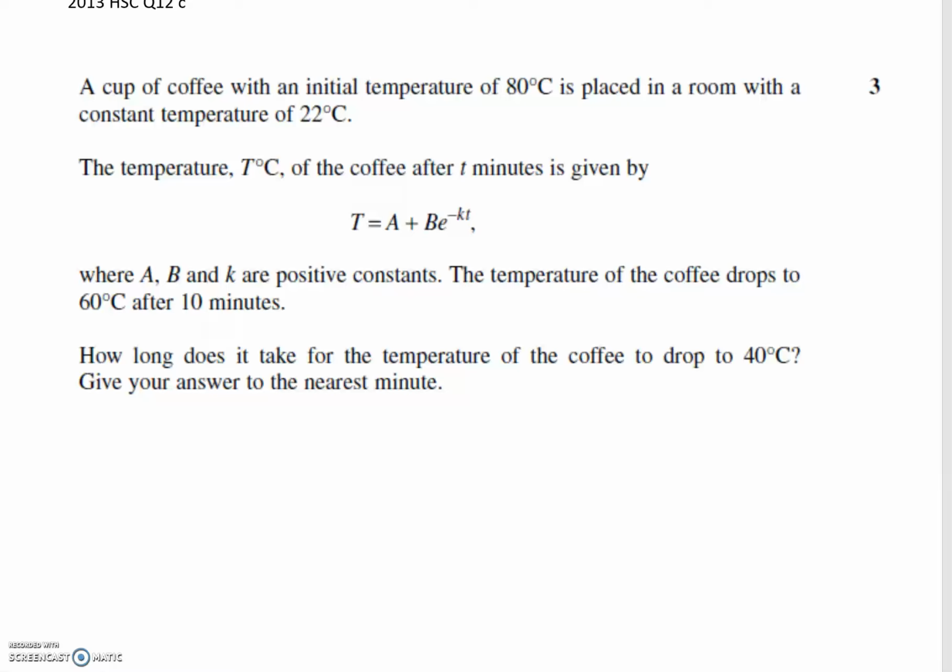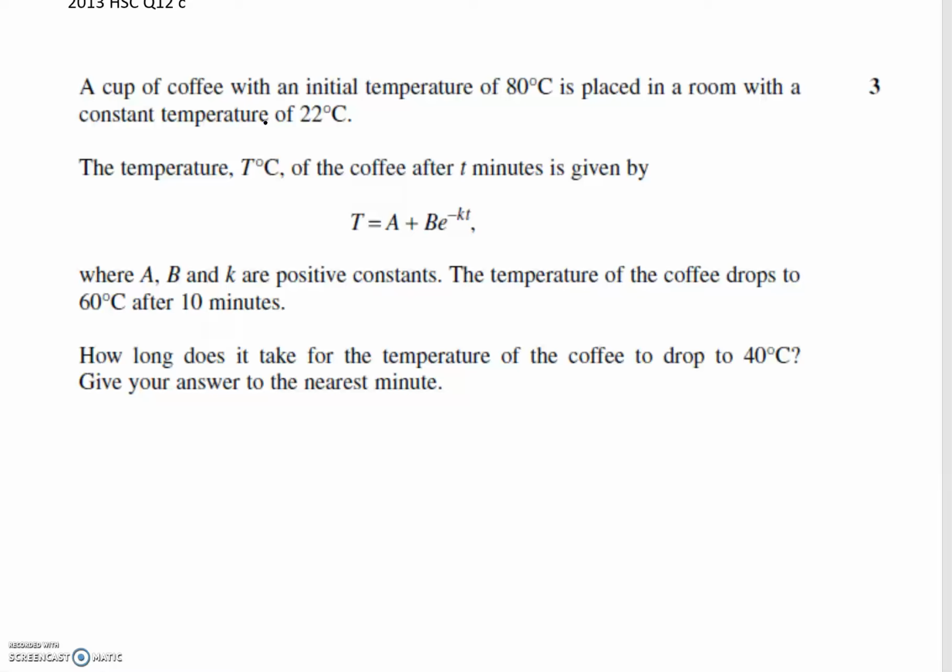So it's talking about a cup of coffee with an initial temperature of 80 degrees placed in a room with a constant temperature of 22. So we can see there that the rate of change of the temperature is going to vary depending on the constant room temperature. So it's fitting nicely to our definition of exponential decay, I guess,